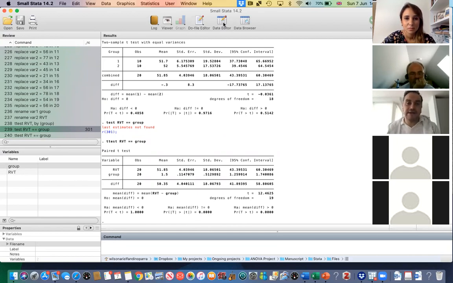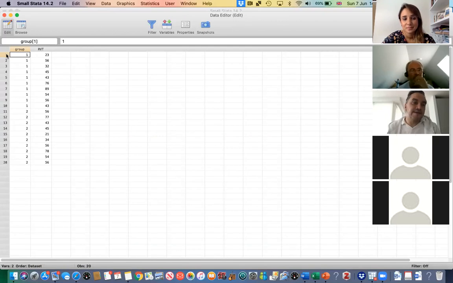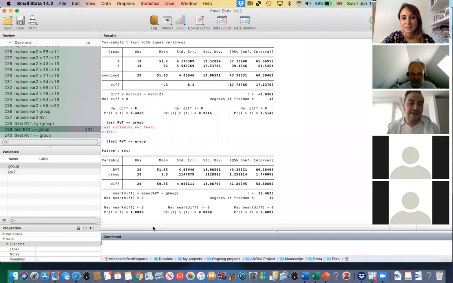Why is it significant? Because Stata understood that this is paired. This is the first patient, and this is pair, and this is before, and this is after, and this is before, and this is after. And obviously, 1 is very different from 32, and 2 is very different from 56, and 2 is very different to 45. So that's why Stata misunderstood the command, because this is not a